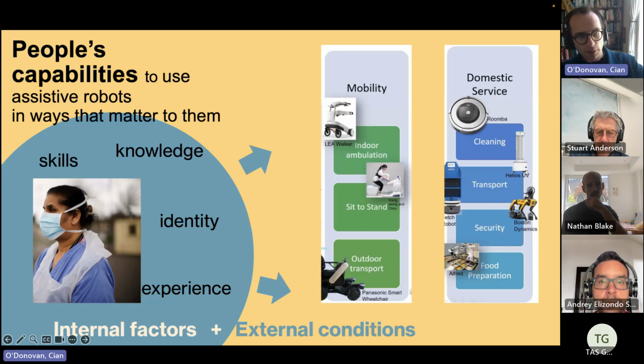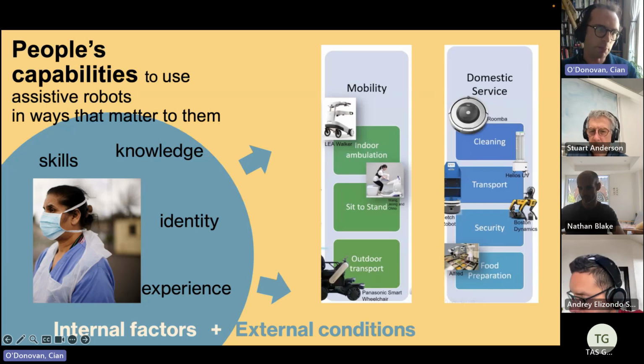So to sum that up, we're looking at what matters to folks themselves, so skills, knowledge, specifically capabilities, and we're getting an idea of how to recognize those capabilities and how they match to particular people by the internal factors and the external conditions that